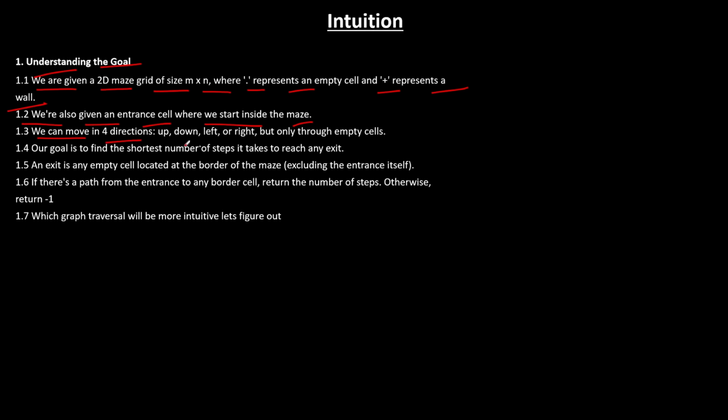We can move in four directions: up, down, left, right, but only through the empty cells. Our goal is to find the shortest number of steps it takes to reach the exit. So if we have to find the shortest path,